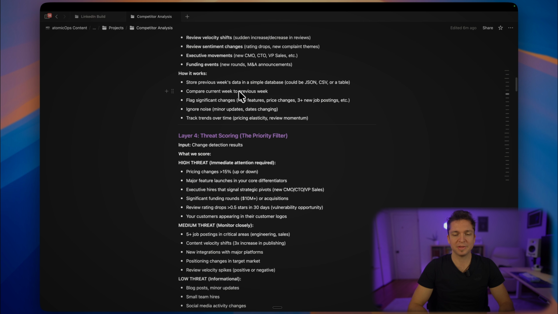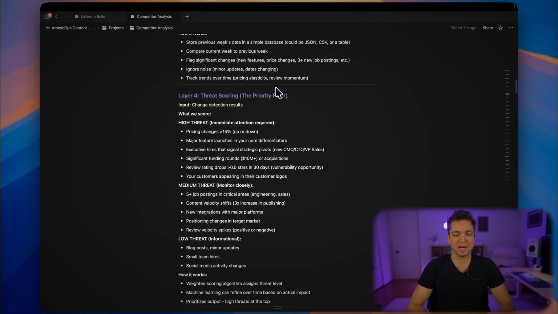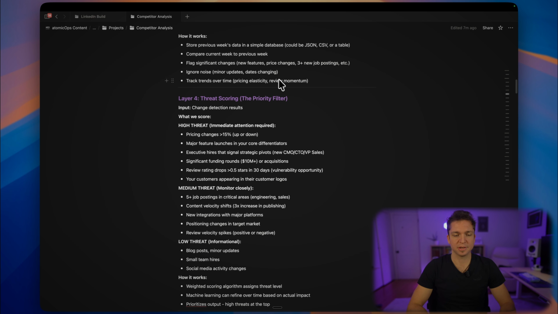So we store all of that data in a simple database. Again, you could choose something. If you were building a massive product for a client, you could use something like Supabase or something in AWS. But for the most part, for this build, I'm just going to be doing it locally, probably in some simple format on a SQL database. And then we're just going to compare last week with this week. And that's pretty much it in a nutshell. We want to do it this way because we want to ignore any noise. So if they're doing minor updates and things like that, we don't want to be tracking that,